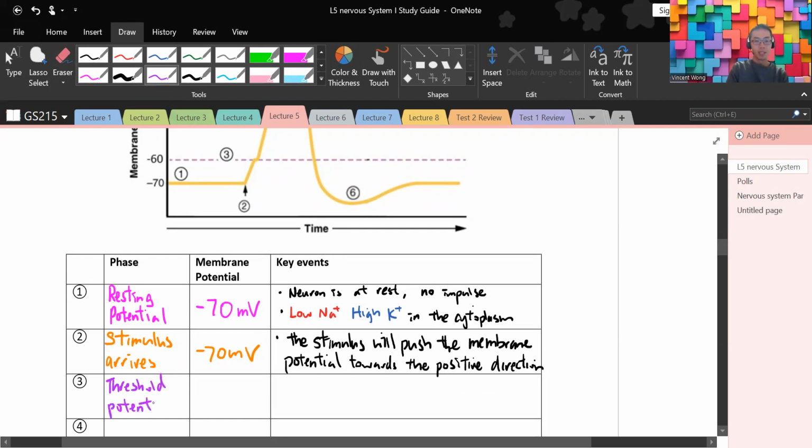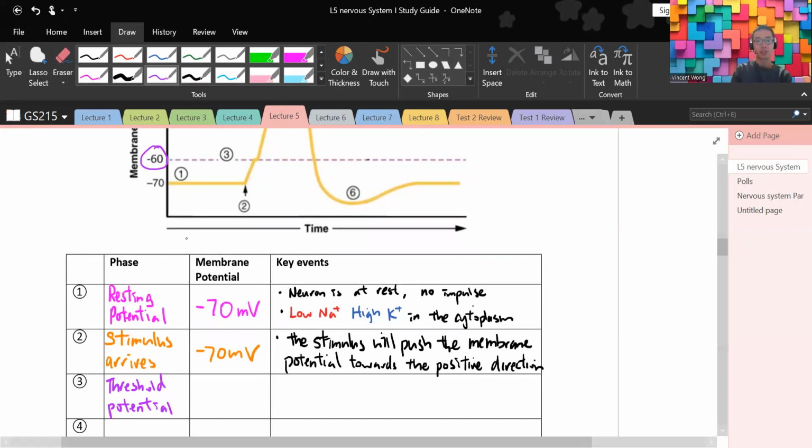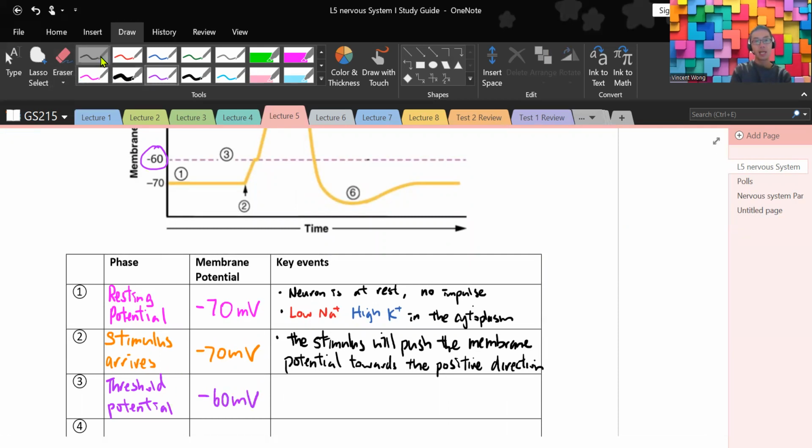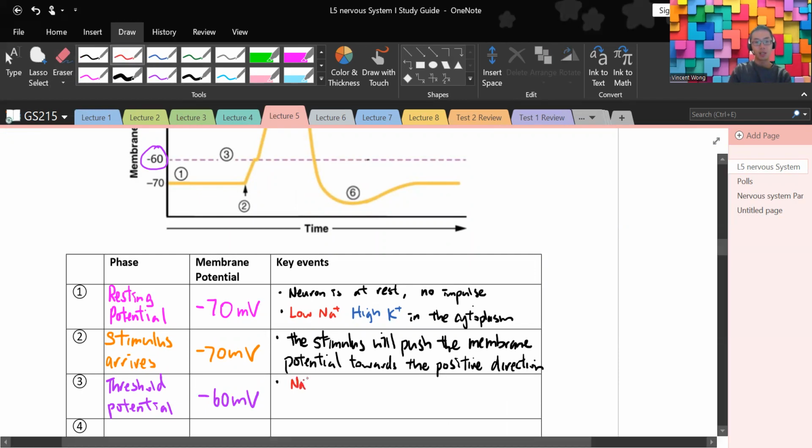And if you have been listening to me, you will recognize -60 as the triggering point for the opening of the sodium channels. So the threshold potential is -60 millivolts, and what happens is the sodium channels open,